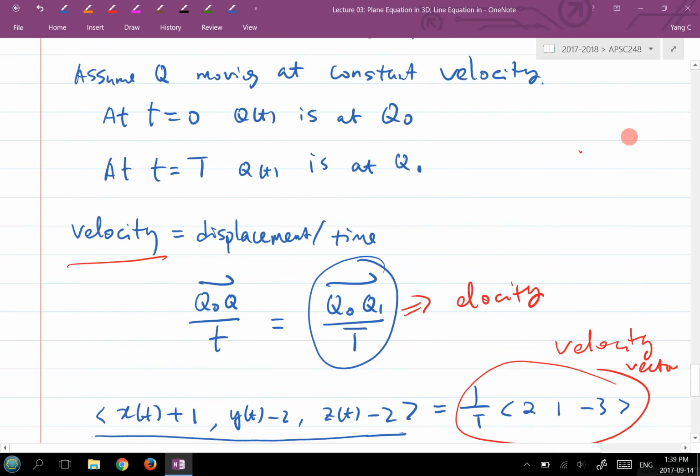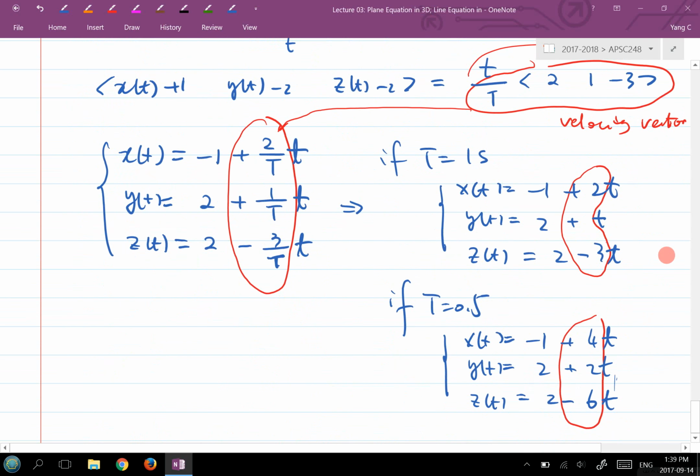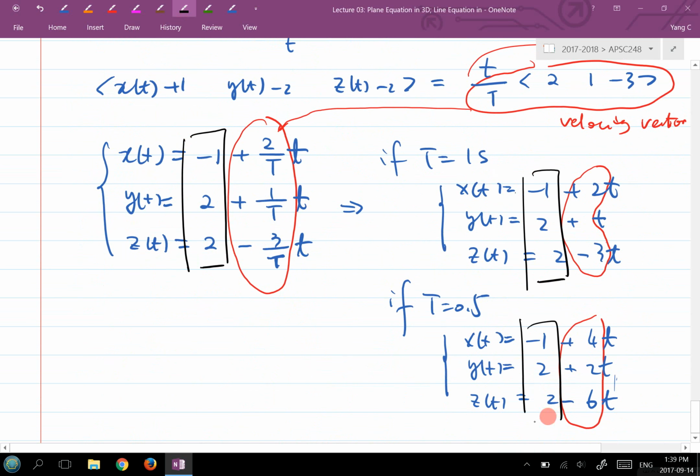So you see here, the plane equation we just derived has two very important pieces of information. The first column represents the point on the line. And the second column represents the